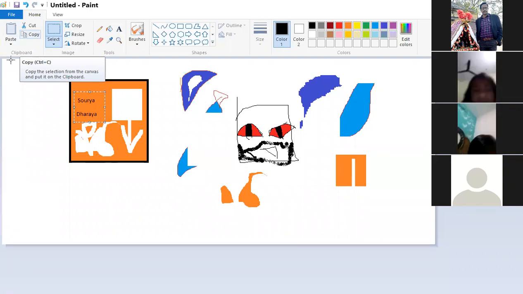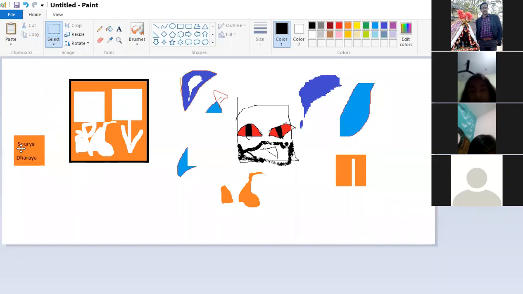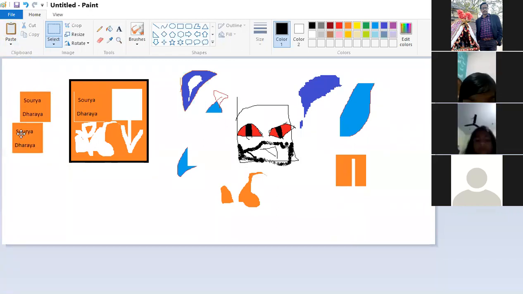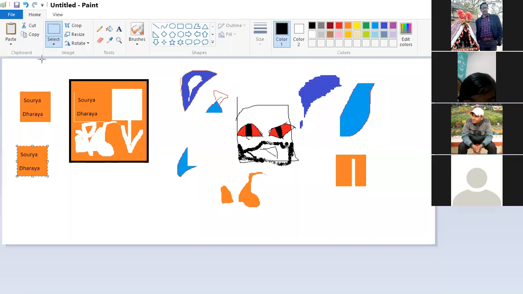So I go to the copy option, and then I go over here and paste it. When I paste it, I get Shaurya and Dhaurya over here. Again, if I paste it, another copy of Shaurya and Dhaurya is here. So I can get many copies with the help of pasting. Once you copy it, it is in the memory, and from the memory I can make any number of copies.